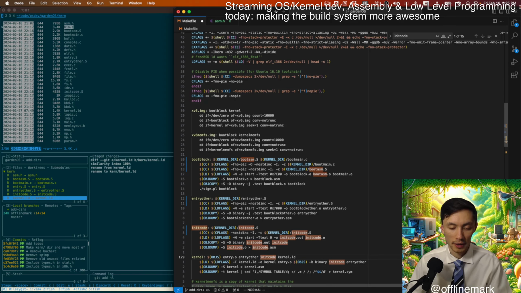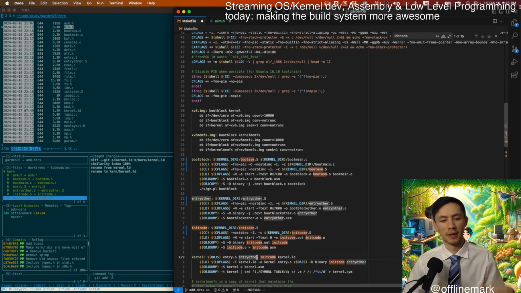Kernel.ld. Yeah, this all just kind of sucks. This whole build system really needs a lot of work because it's emitting these binary build outputs directly into the root dir.